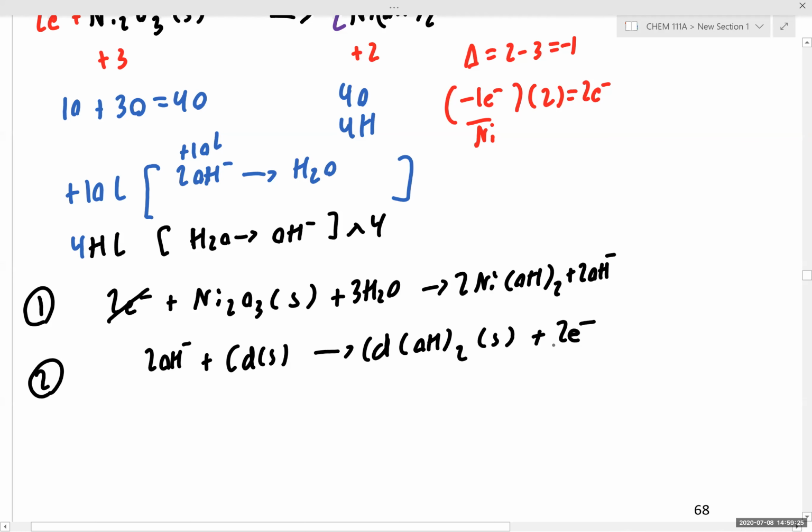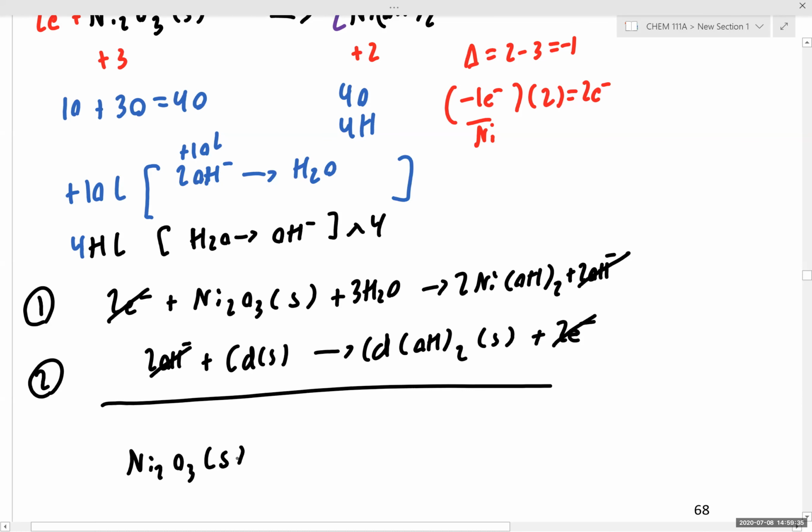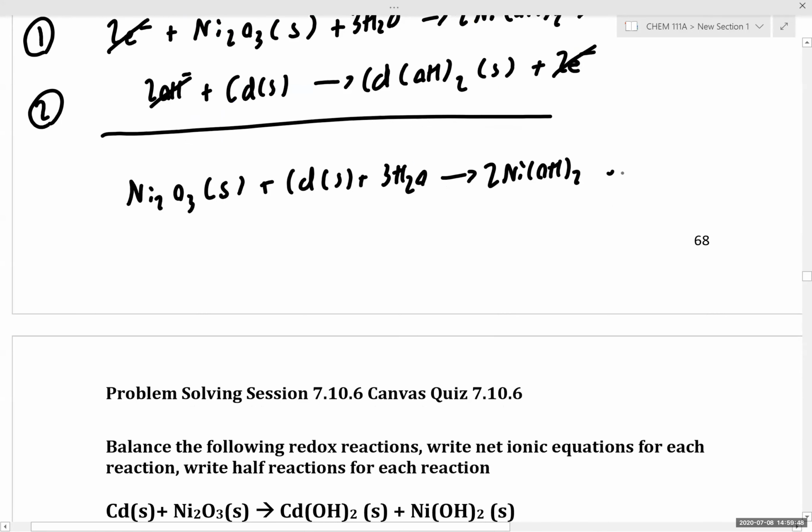We have 2 electrons. Our electrons are balanced, so we just add our equations together. We can cancel our hydroxide, and that in turn gives us nickel 3 oxide plus cadmium solid plus 3 H2O leads to 2 nickel hydroxide solid